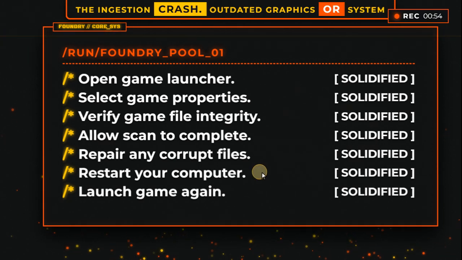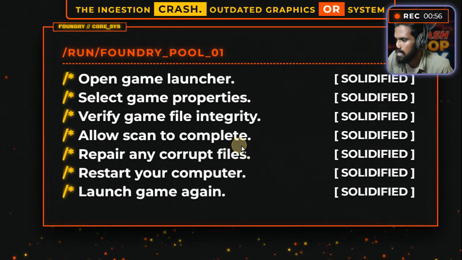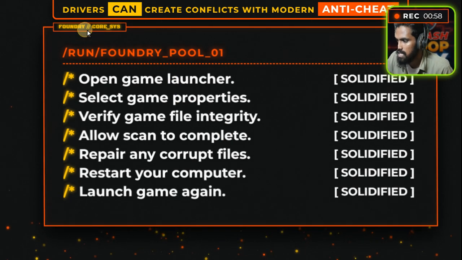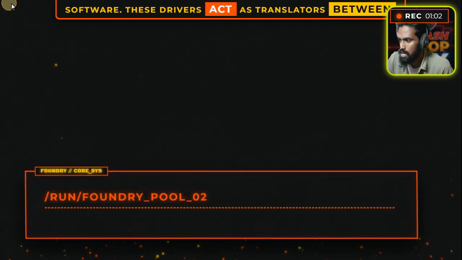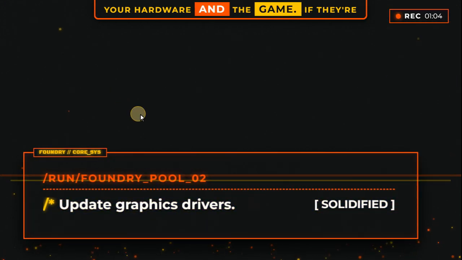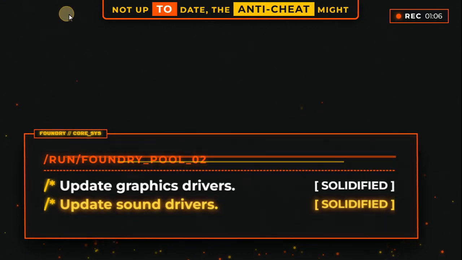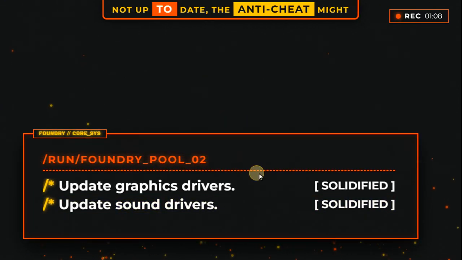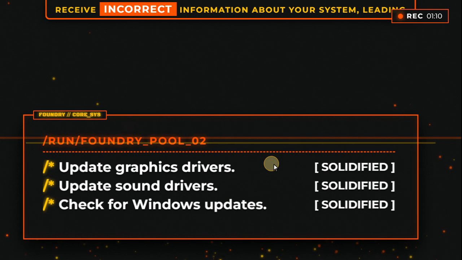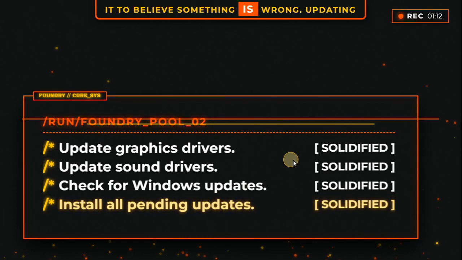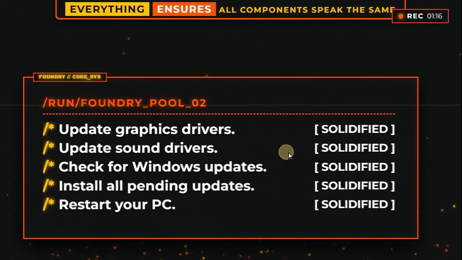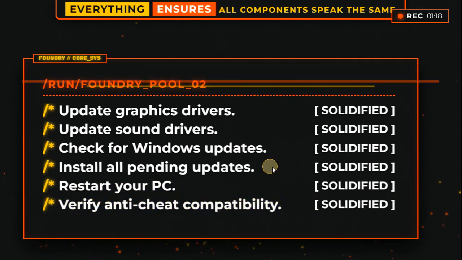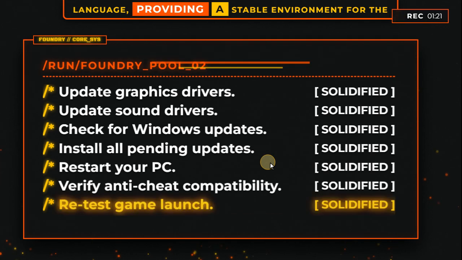Outdated graphics or system drivers can create conflicts with modern anti-cheat software. These drivers act as translators between your hardware and the game. If they're not up to date, the anti-cheat might receive incorrect information about your system, leading it to believe something is wrong. Updating everything ensures all components speak the same language, providing a stable environment for the anti-cheat to run